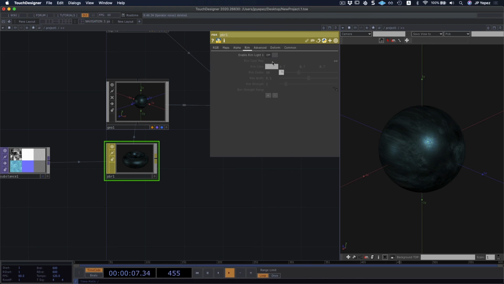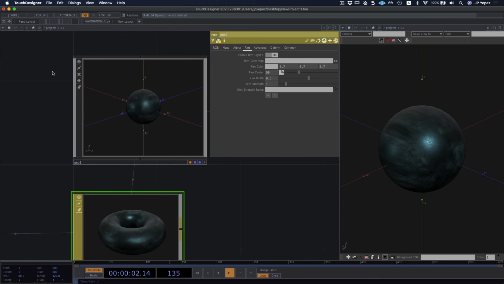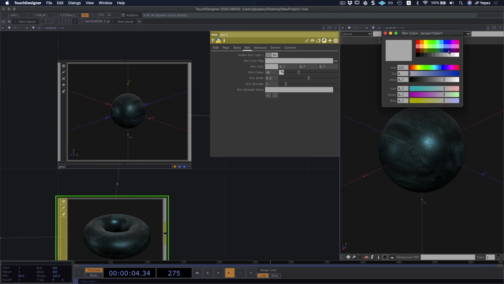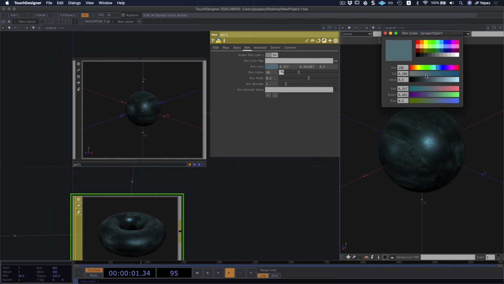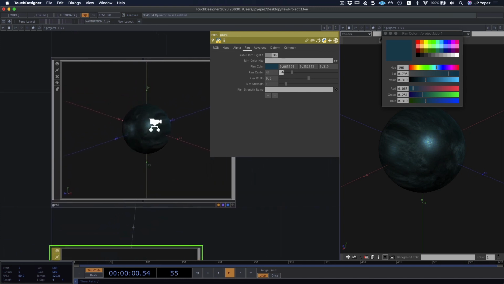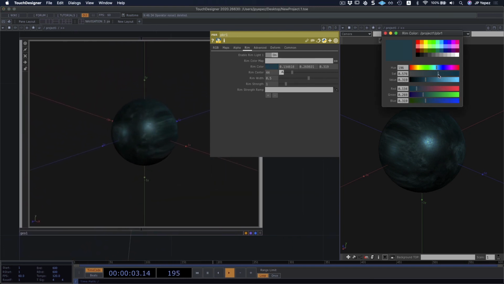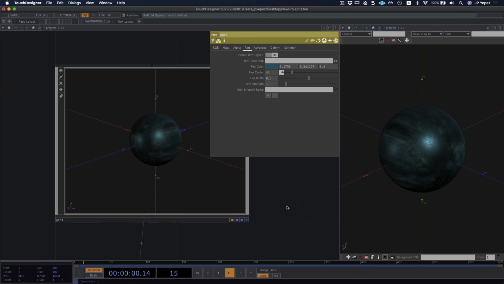And after that, it behaves a lot like a Phong light. So maybe nothing too wild on the rim light. There we go. Rim center more, let's go towards the other side as well. And just very subtle, quite subtle. And that is our PBR lighting.